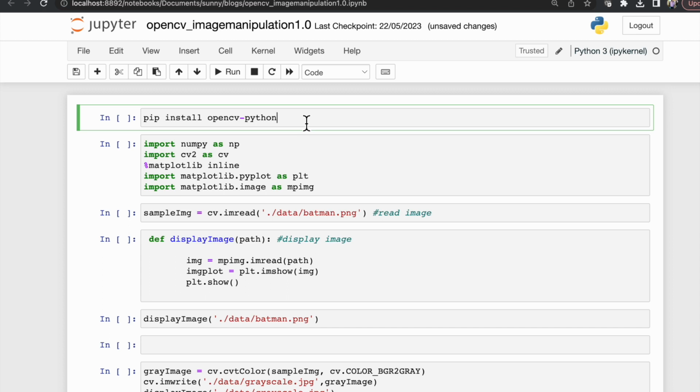Be aware that if you install OpenCV, you might need to restart your kernel as well. So keep tab on your warnings as well. It will tell you by default that you will have to restart your kernel. So once you restart your kernel after installing OpenCV, we will import all the necessary libraries required